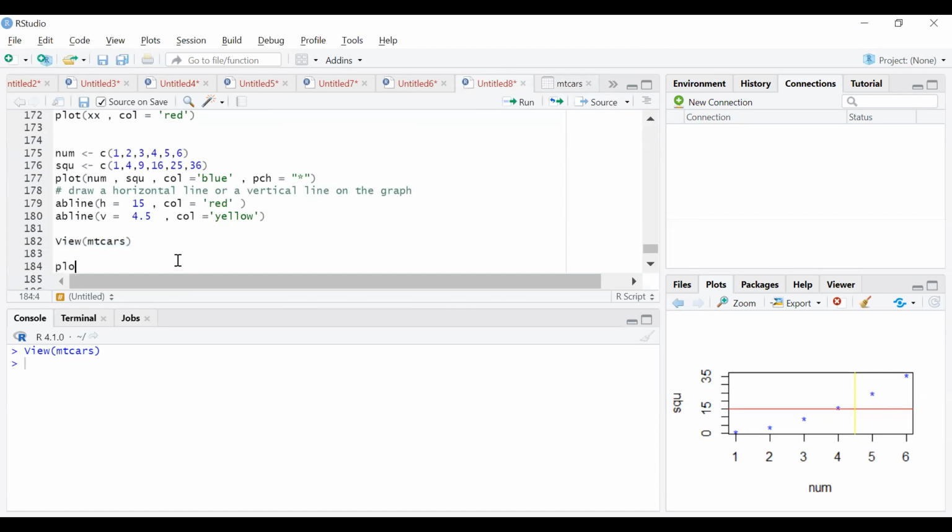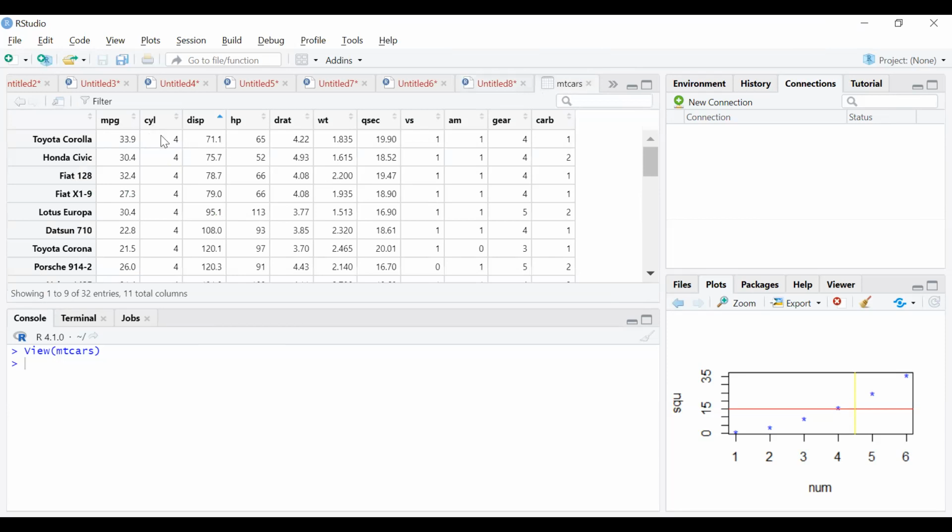Let me say plot mtcars$cylinder and mtcars$mpg. Okay. Now see, guys, before we do the plot and you see the output, do you notice that